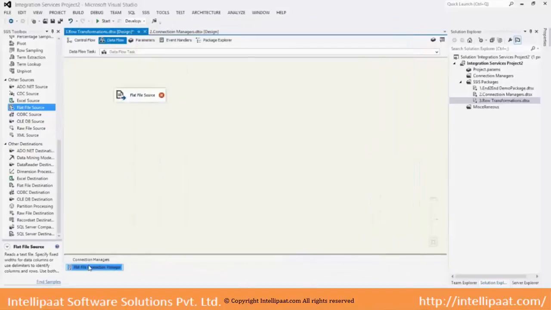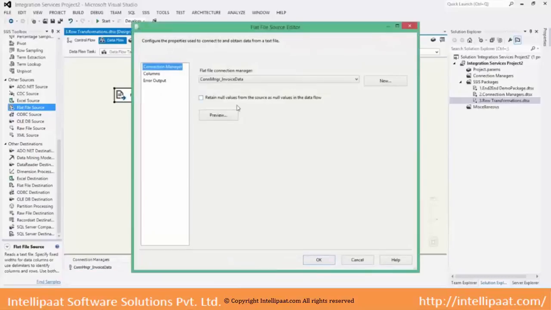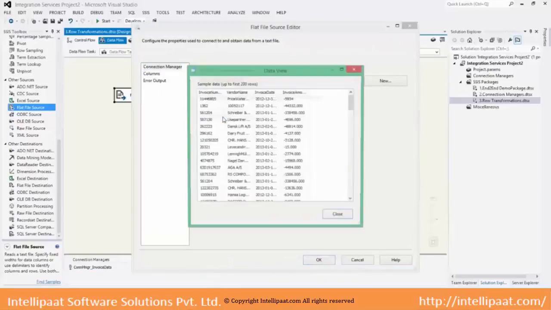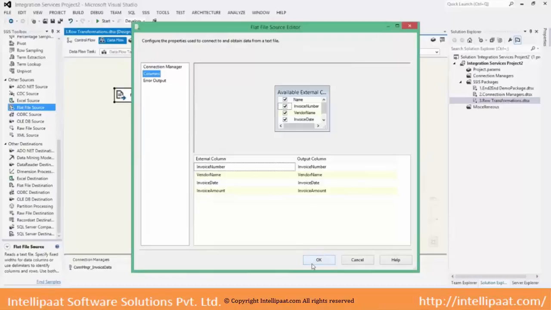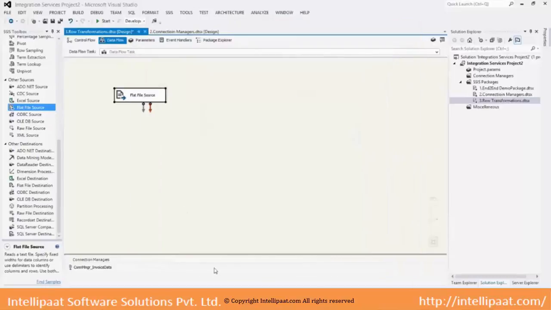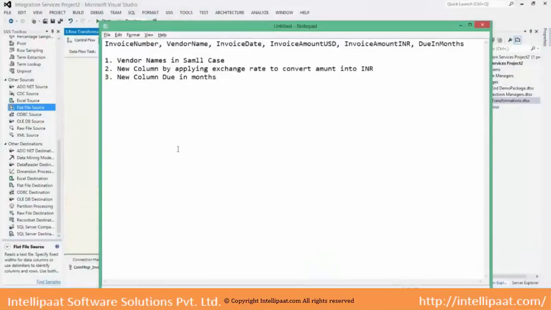Let's give a proper name to this: invoice data. You can see a sample preview. Everything looks fine. Columns, I need all the columns. Okay. Now what is the first transformation rule I have?